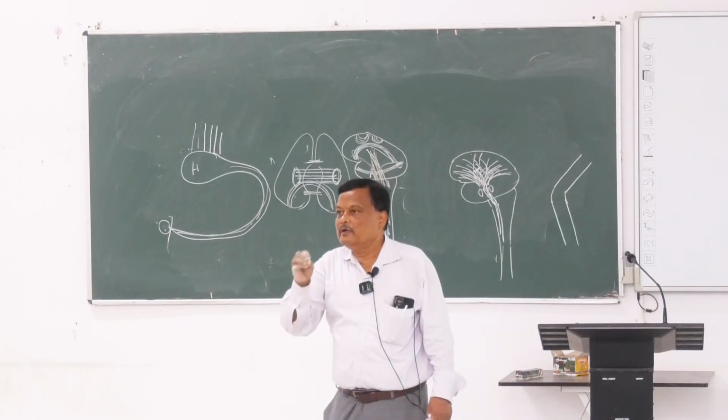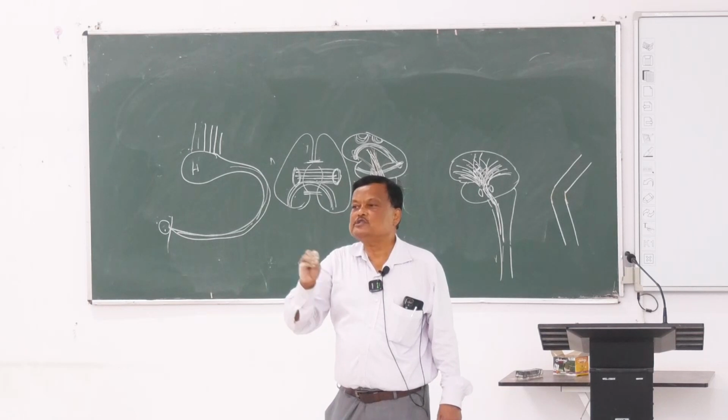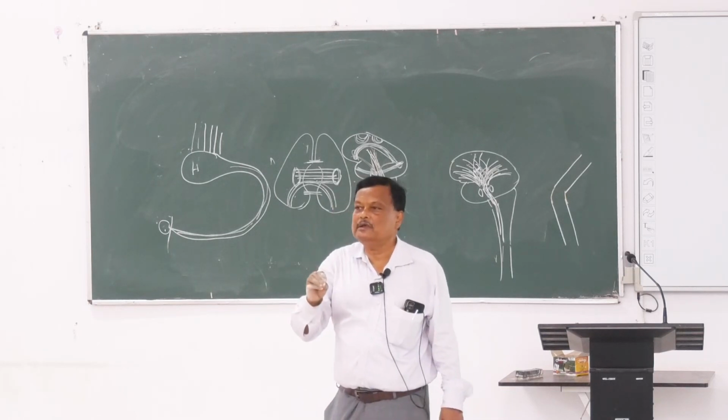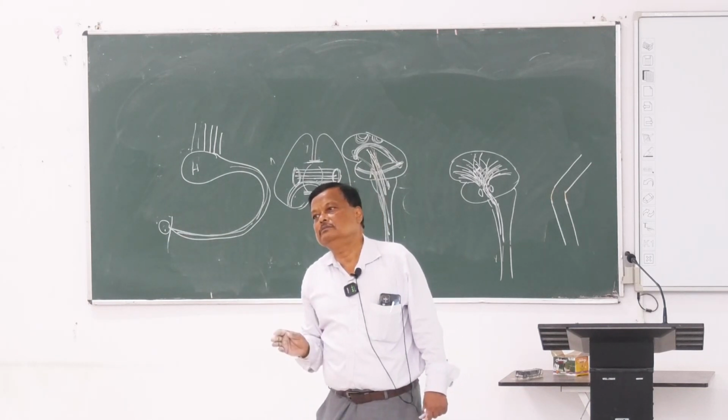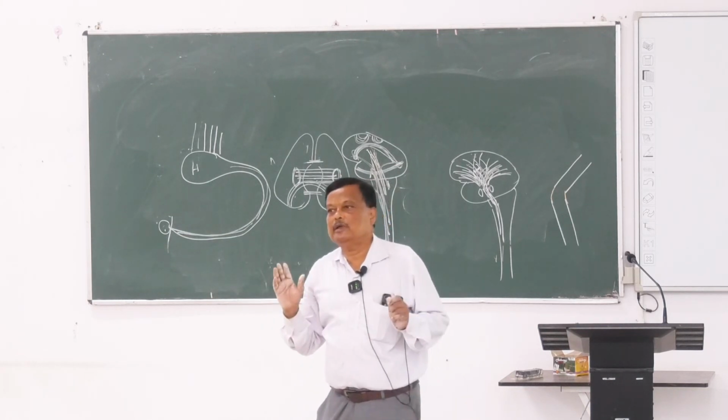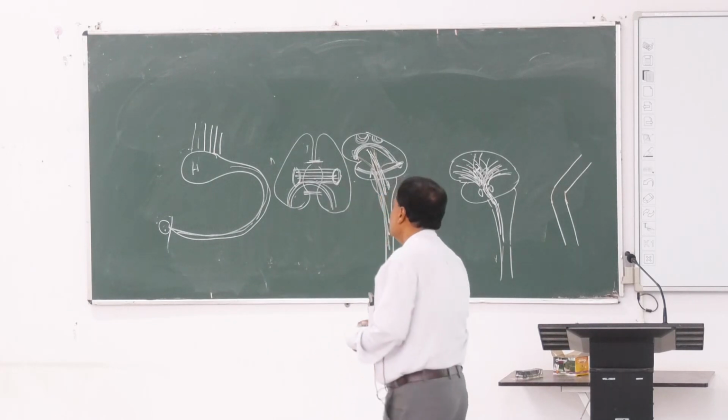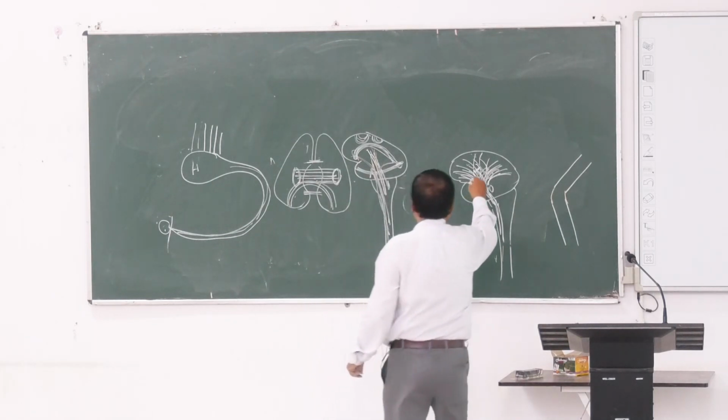They relay in the pontine nucleus present in the pons. From that, a second order neuron goes to the cerebellum, so the cerebellum will be informed. And the main fibers passing through this